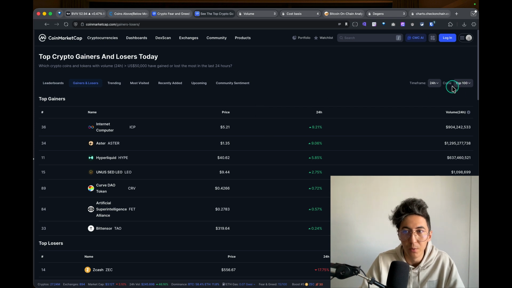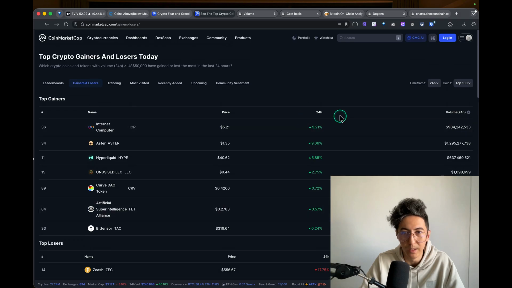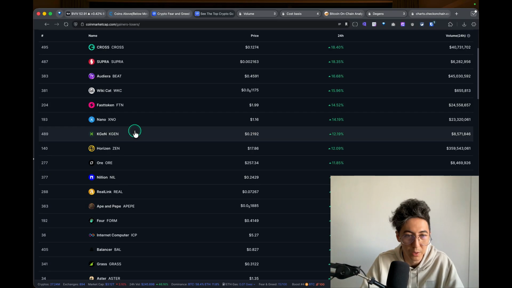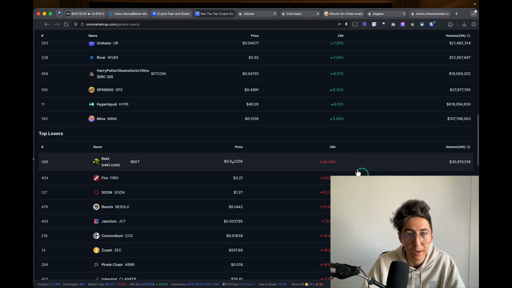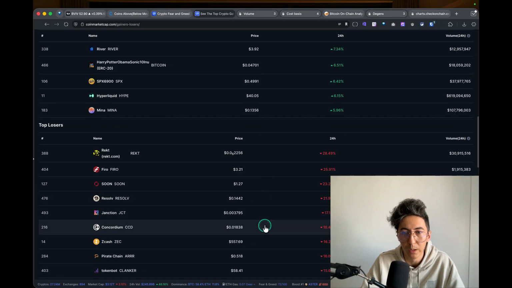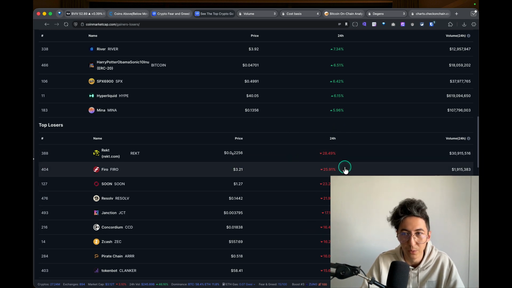I like to look at the top 100 coins over the past 24 hours, and how they're doing and how they're not doing. Zcash pulling back, ICP up 10%, not great. Then I like to look at the top 500 coins, not doing that great either. 24% for some crap coin, and then Wrecked down 28%. But I think we're not seeing some crazy top. I wouldn't want to lose 28%, but